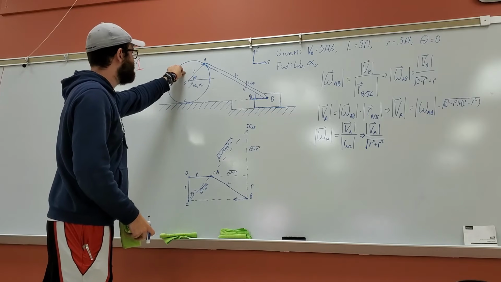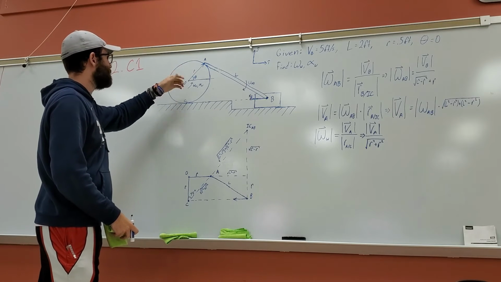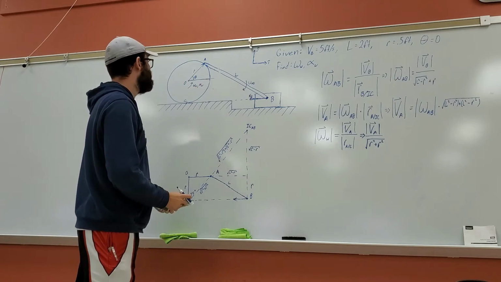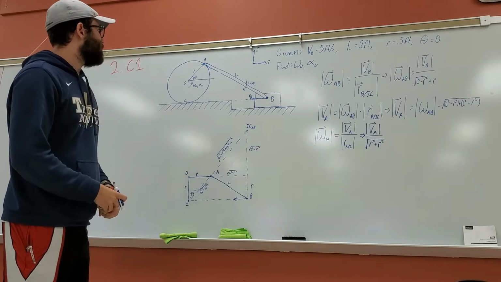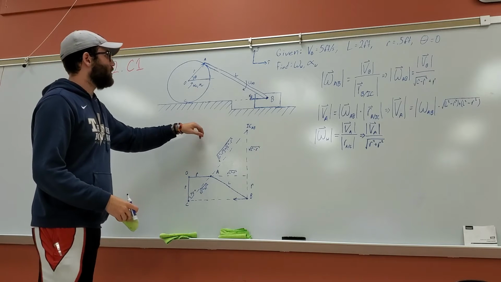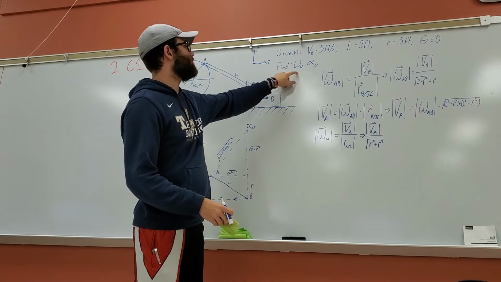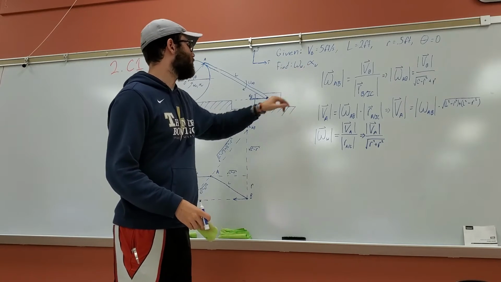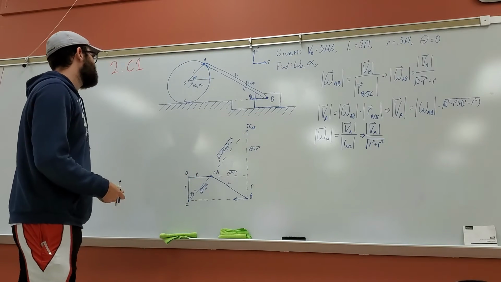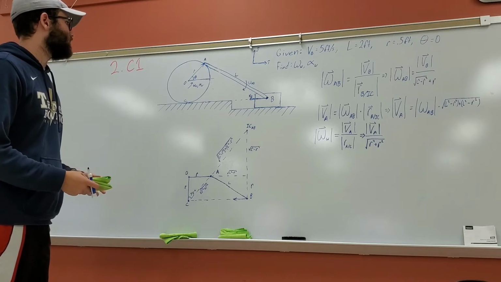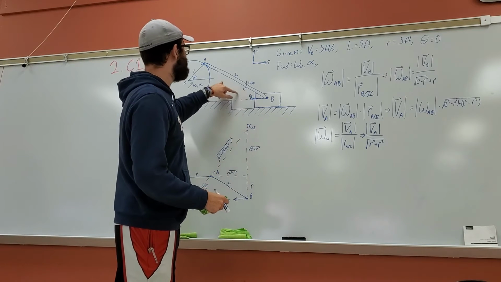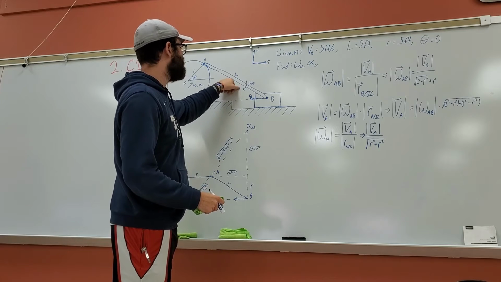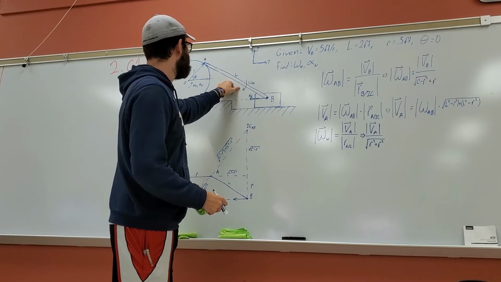However, theta is given to us as 0 in this problem, so A is directly to the right of the center of the wheel O. We're asked to find the angular velocity and angular acceleration of the wheel. And so we'll be taking first the instant center of segment AB to find the angular velocity of segment AB,